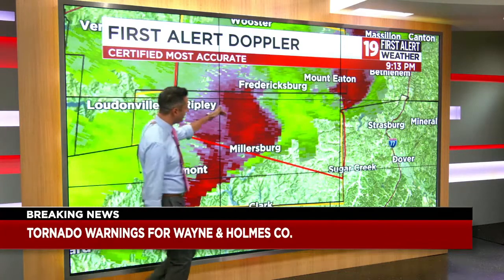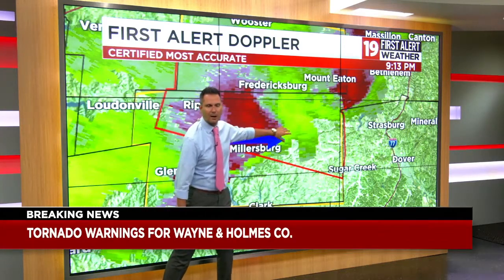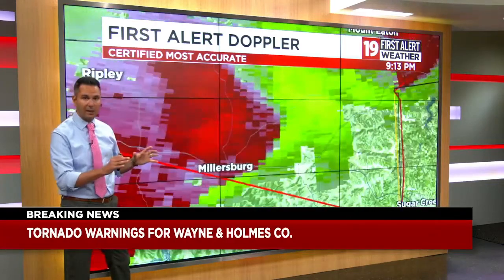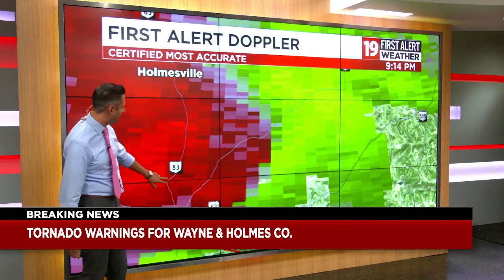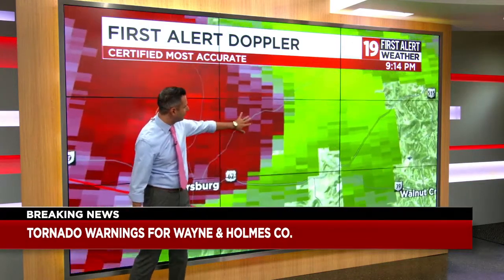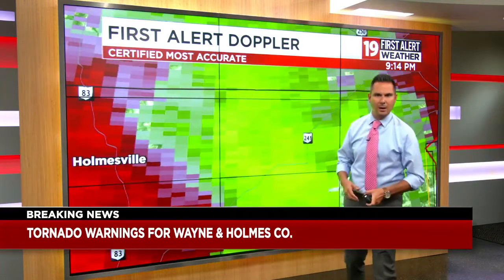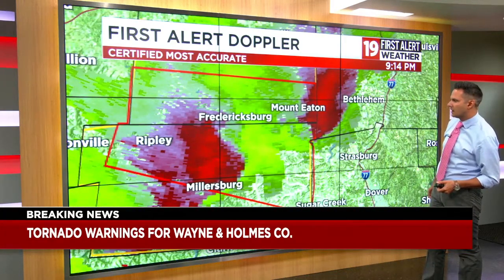You see that little notch right there out ahead of that, how it does a little curve there. That's where we might see that rotation near ground level, just north of Millersburg. Again, this is a very hilly area down here into Holmes County, certainly not the easiest to navigate. This is Route 83, there's 62, and then as you head out of Millersburg to the north and east, 241 there. This is all now moving more so, Sam, into Holmes County versus a Wayne County